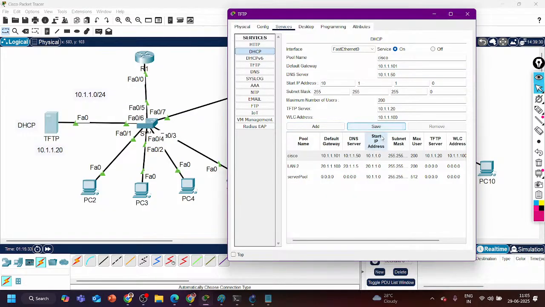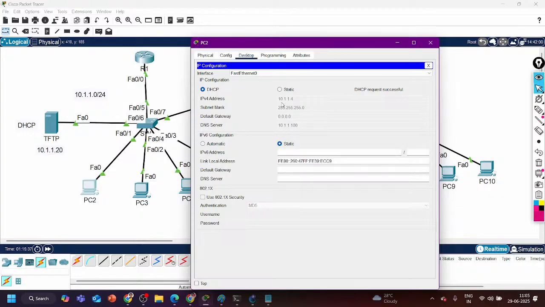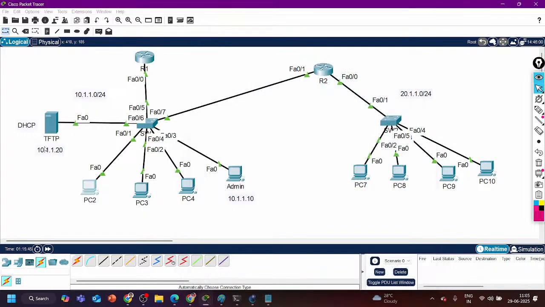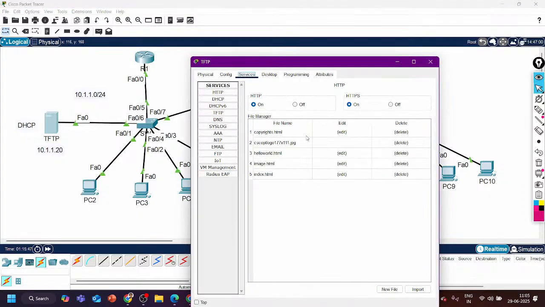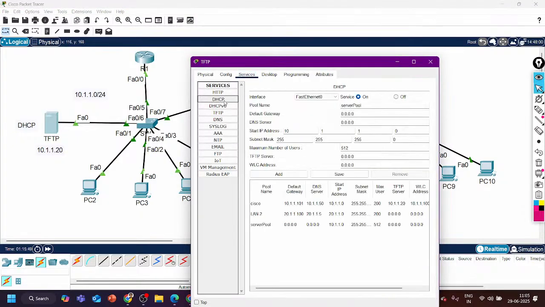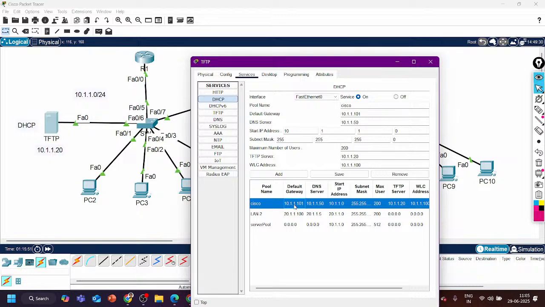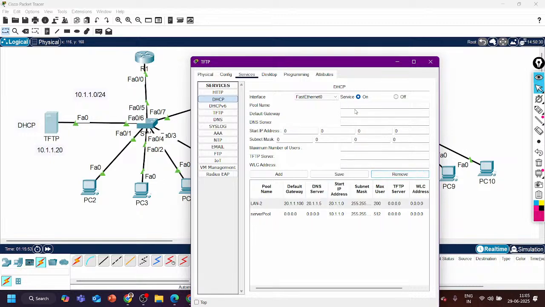Why is it not working? Let me try once again. The gateway is still 0.0.0.0. We can do one thing. We can delete this pool and we can create a new pool then. Let me say remove, and I am creating a new pool with the name Cisco again. The gateway IP address is